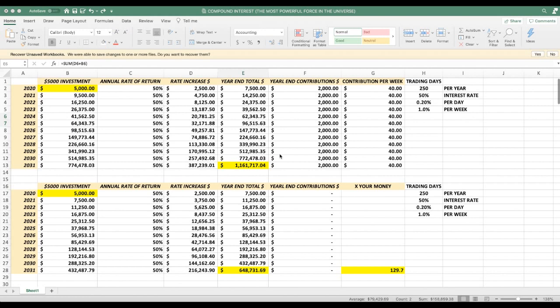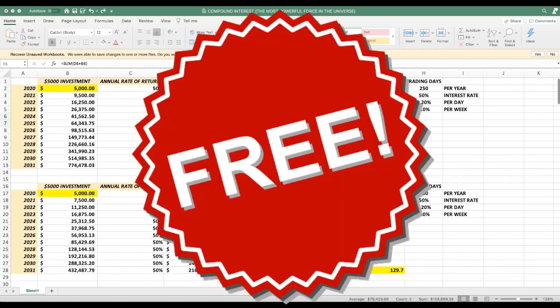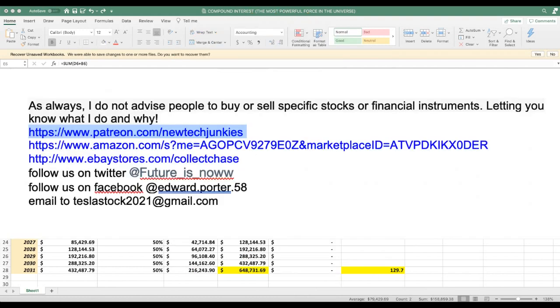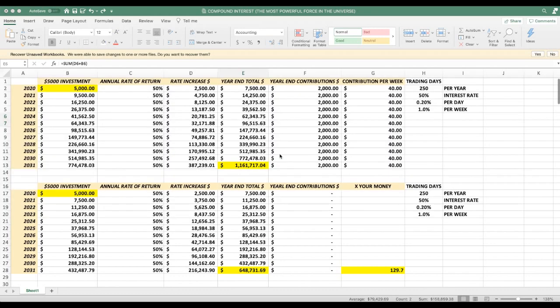This is probably the most important video that I'll do when it comes to investing. I made a spreadsheet, and as always, it's free for everybody. So I wanted you to have it so you can use it, put your numbers in, see what you're going to do with it, and you will see your rates of return and your growth in your investments and how they materialize over the next 10 to 20 years. So first, I want to give you a breakdown of the spreadsheet.